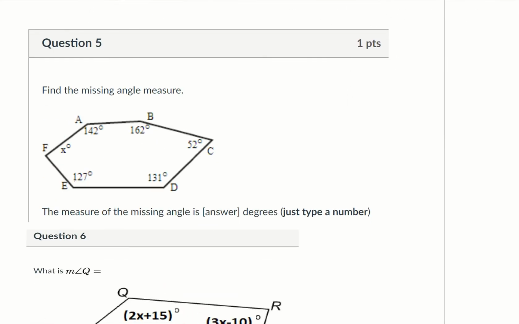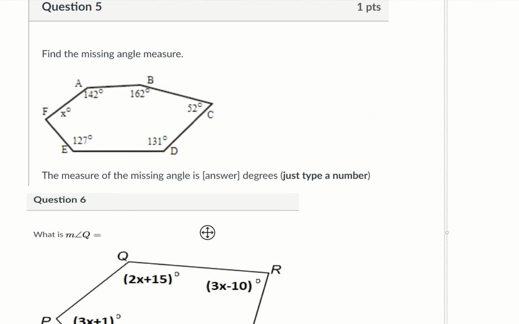Okay, so find the missing angle measure. So we know that we have 1, 2, 3, 4, 5, 6. We have a hexagon, so 6 sides. So then if we apply the formula, we have 6 minus 2 times 180, which is 720 degrees. So these had to add up to 720. So we can just go ahead and add up